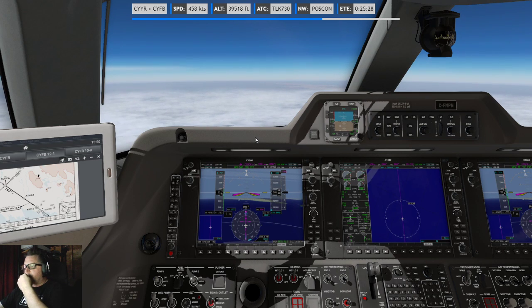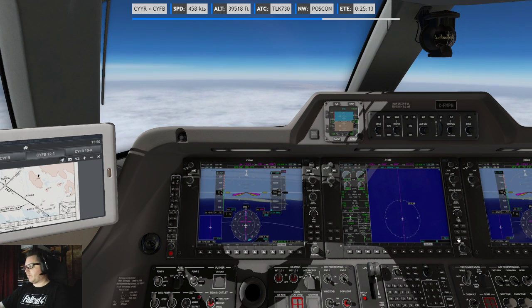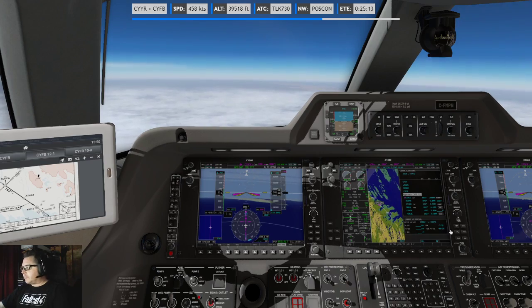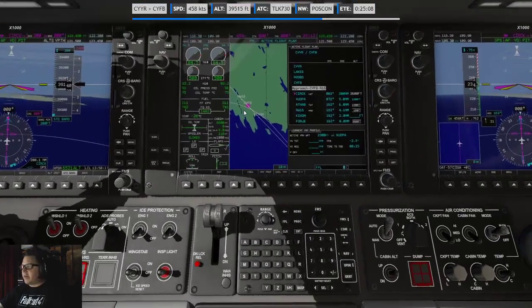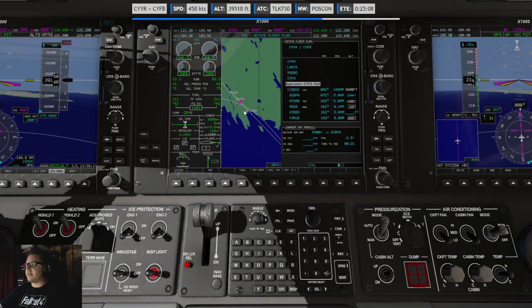This is okay. And we have Baffin Island in our sights. 200 miles to go. All right, that killed a little bit of time, not too much. 8 minutes and something.